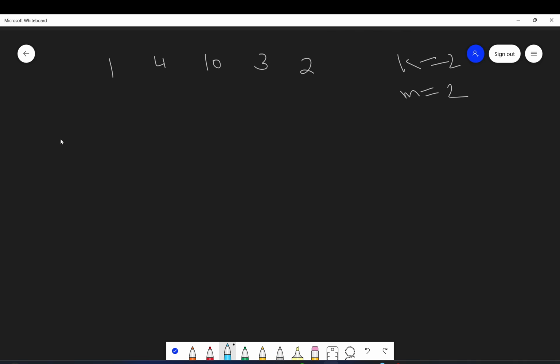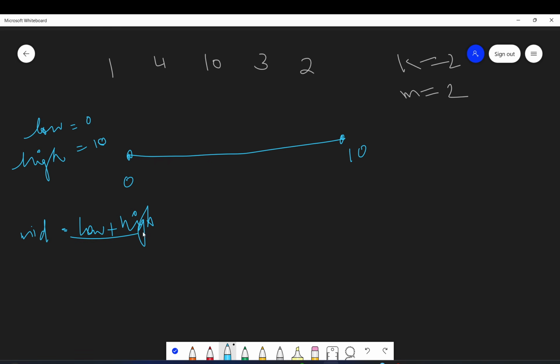We'll start our binary search. Low will initially be 0. High will be the maximum number of days it can be, so 10 will be the maximum. I will just calculate the maximum element in this days array. Let me take it here from 0 to 10. You can also start low from 1; it doesn't matter, you can start from 0 or 1. Firstly, we will calculate mid. Mid is low plus high by 2, so this will be 0 plus 10 by 2, which is 5.